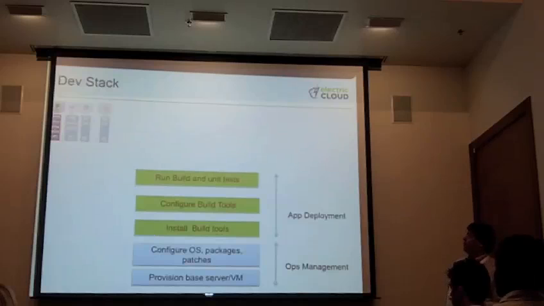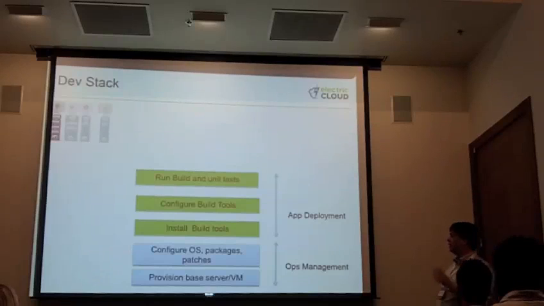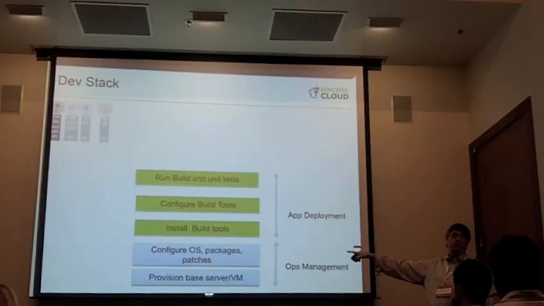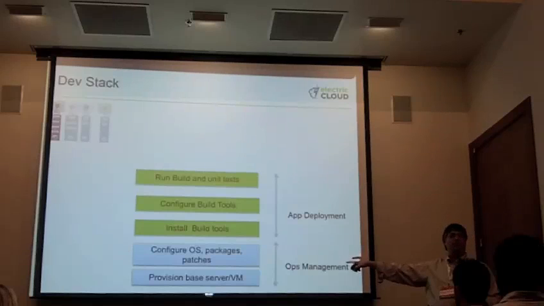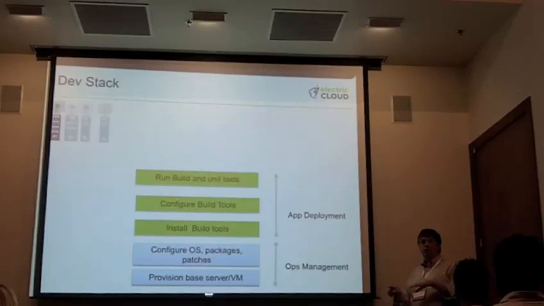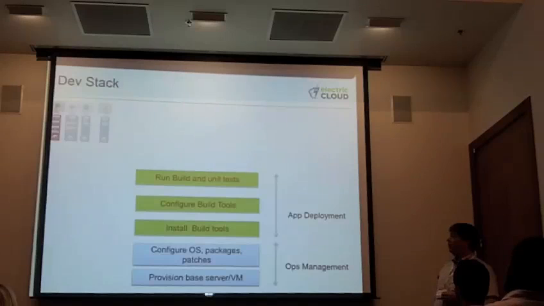So if we peek into these silos a little bit, this is oversimplified, it's going to be different for every single team, and it's wrong for your team, and all of those kinds of things. So this is just a sample stack. You've got some core infrastructure that you need, and I'll cheat and tell you the core infrastructure is the same for all stacks. You've got your OS packages, patches, some base infrastructure you're running on, whether physical or virtual, some sort of fabric that you build all of this on top of.